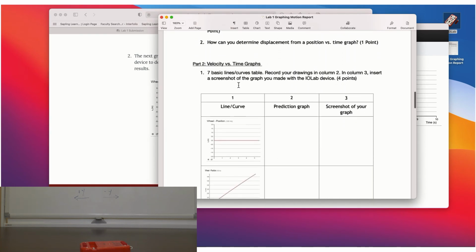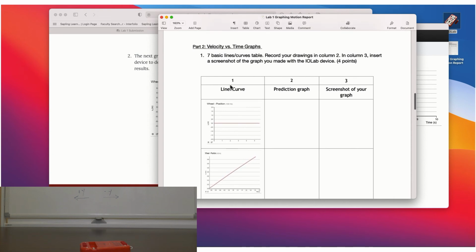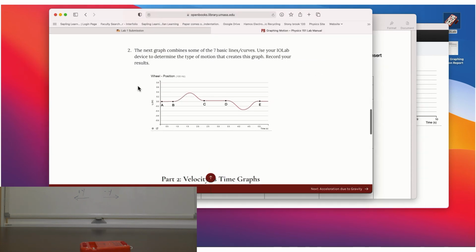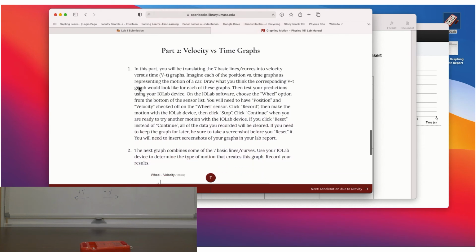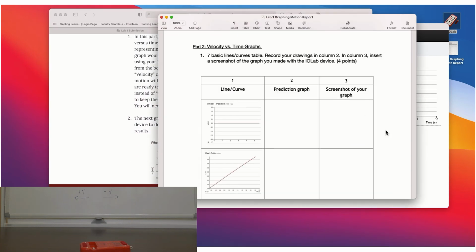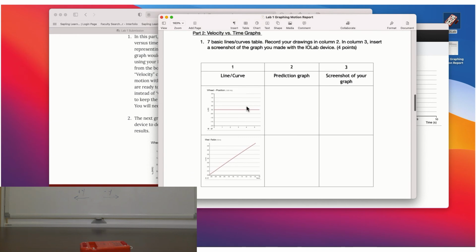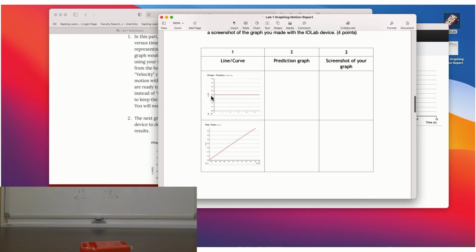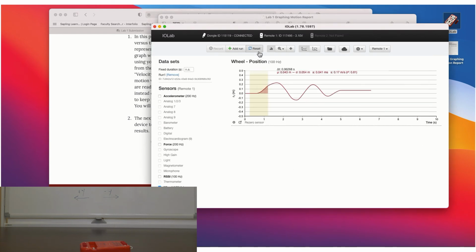And then finally you go to velocity versus time graphs. Okay? And so here, sort of going to do the same thing. All right? What you're basically going to say is, well, if I have this particular position versus time graph, what will the corresponding velocity versus time graph look like? So I want you to make a prediction in there, and then go ahead and give it a try again. Okay, so now that you know how to make these graphs, you can go over to your software,